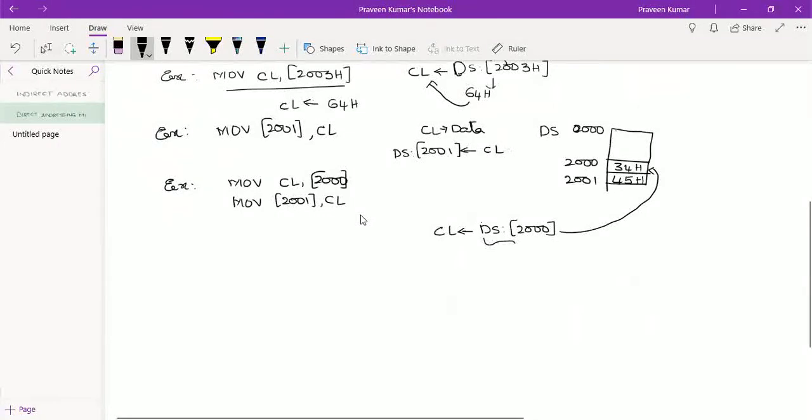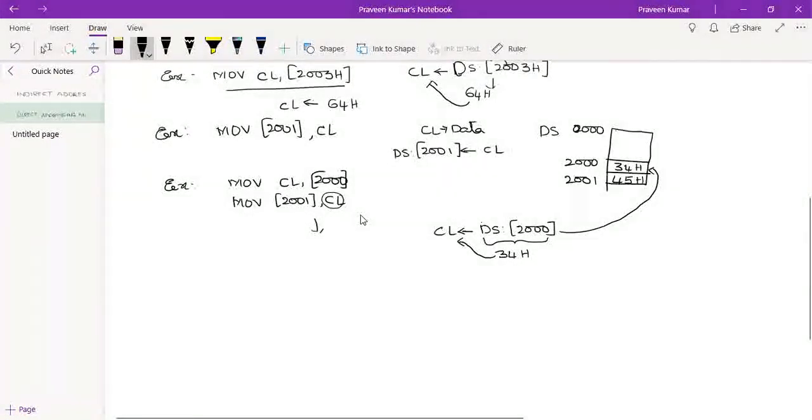So this contains 34H, and this data will be copied into the CL register. Now the CL register contains 34H.